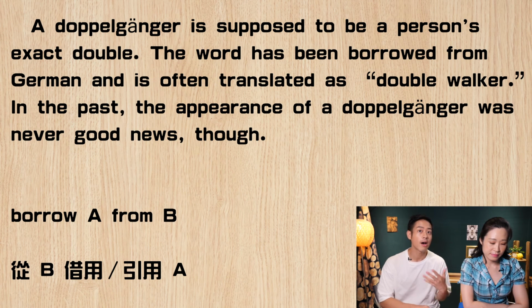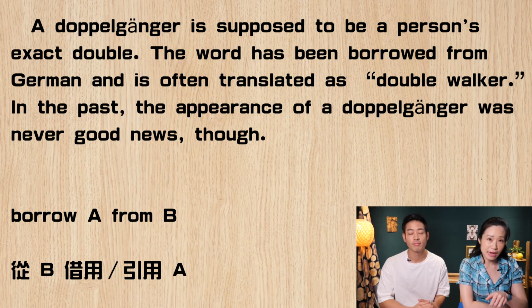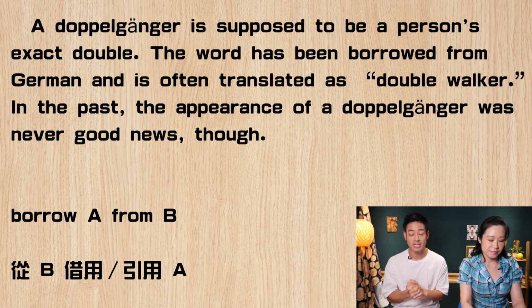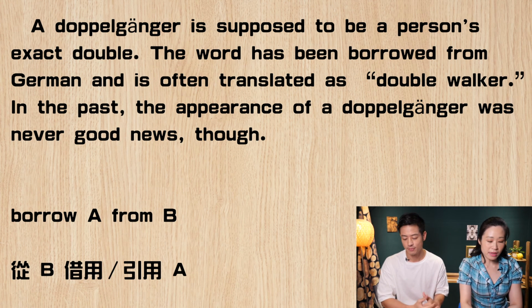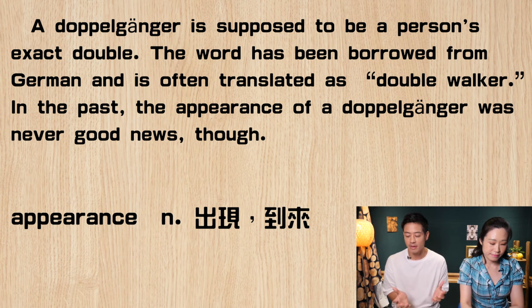One thing to note, the word often, it has a T, but we often say often without the T sound. 这个 often 有时候发音有不一样的方式。虽然有一个 T，但通常我们不把这个 T 念出来，所以只念 often 这样子。And here we see double walker in quotation marks. It's because it's signifying it's a word that is translated from another word. 我们看到有 quotation 引用符号的地方，表示这个字是从别的字所衍生出来的一个意思，所以把它放在 quotation 里面。